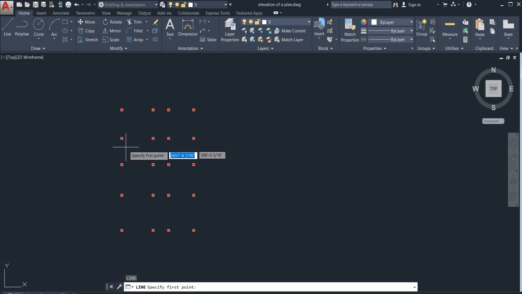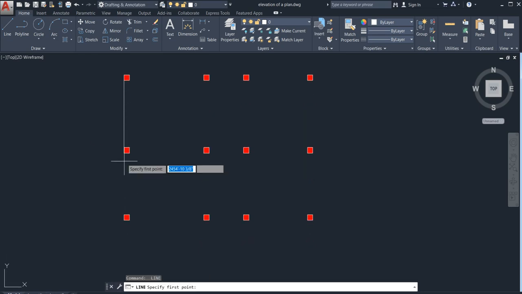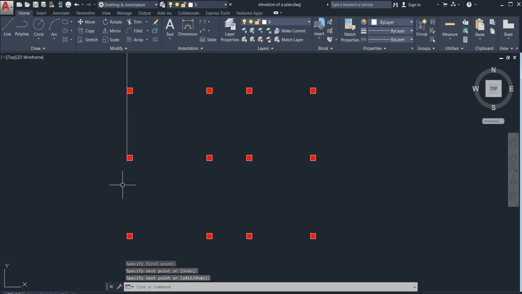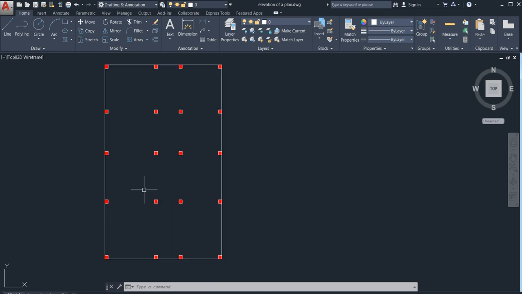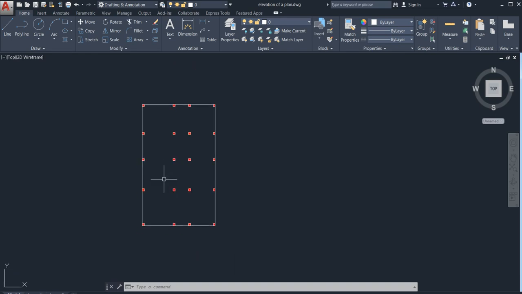Now we want to draw some lines. Go for line command. You also do the same as I am doing here. So this tutorial will be very good today. I am doing it, you also do it this way. You can see I have made a boundary. So I hope you all have made a boundary like this only. Now what you need to do, go for offset command of 9 inches from your keyboard.